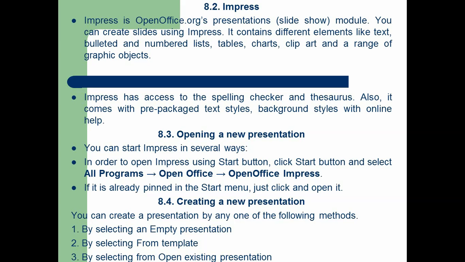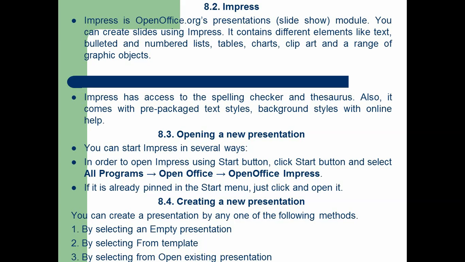But the presentation software Impress is not an owned proprietary software. It is an open source software. It means it is free of cost, available on the net, and we don't even have to pay a single peanut to anyone. So here we are also allowed to use the text styles which are already designed and created and